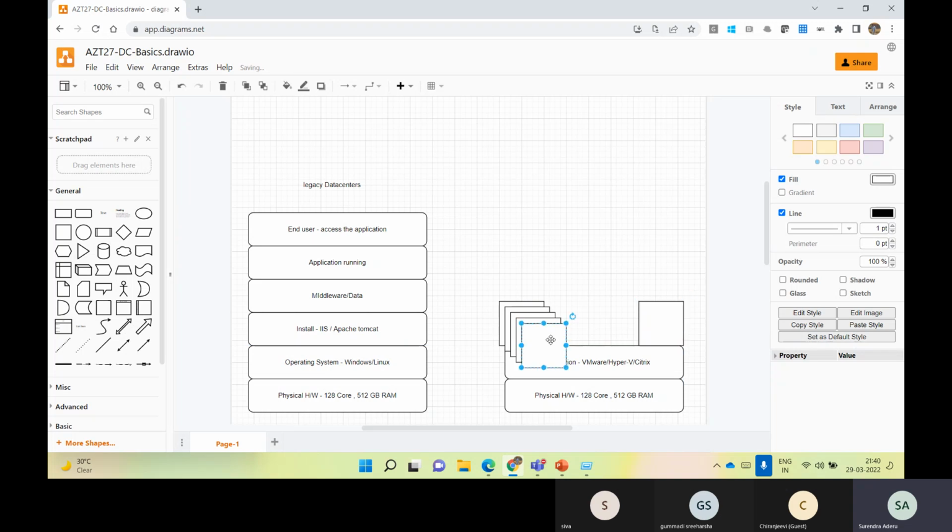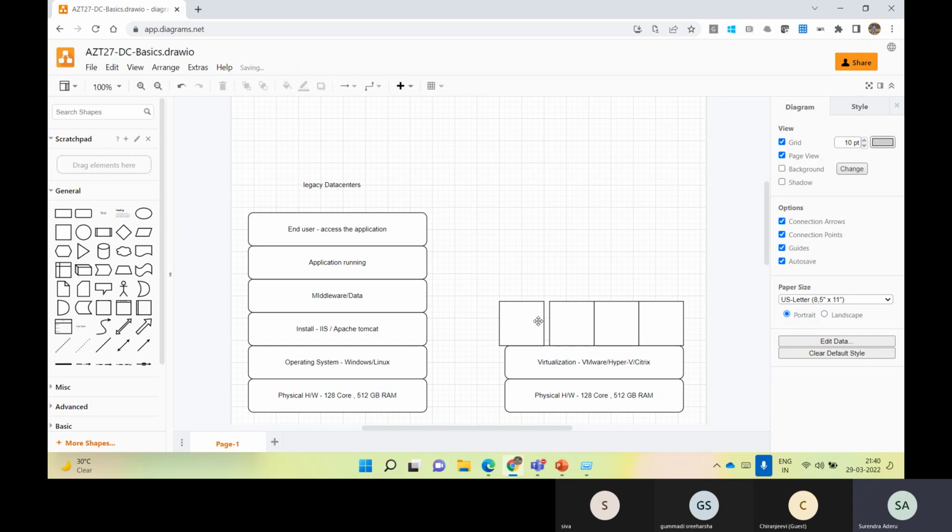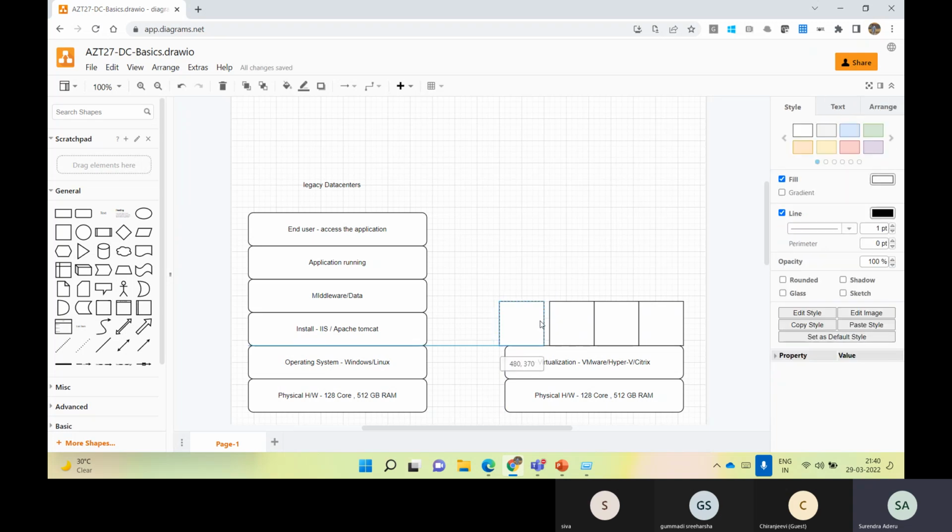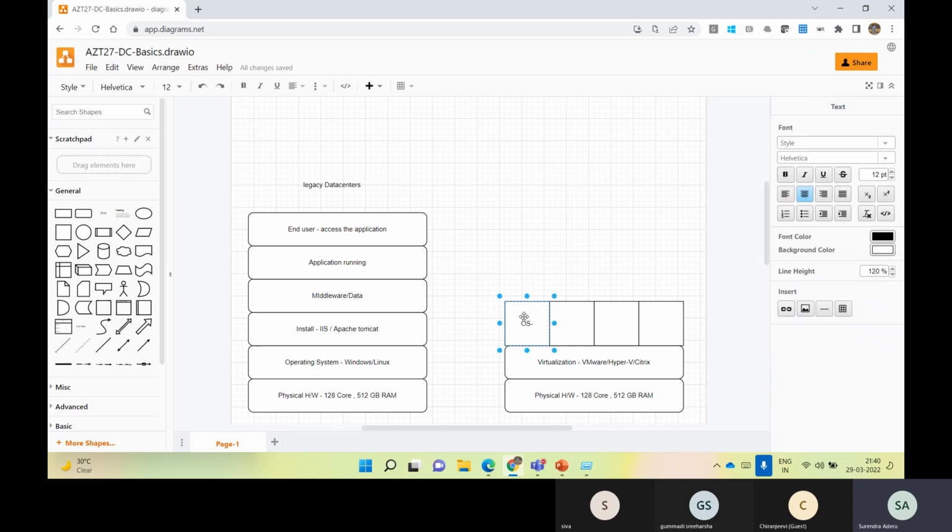This is my physical hardware, and I can have multiple operating systems here. Due to space constraints, I just mention only 4 operating systems. It can be Windows. This one can be Linux. This one can be Ubuntu. This one can be Oracle Linux, since Oracle also has its own flavor of Linux. It can be a Mac operating system. You name it, any operating system you can run.